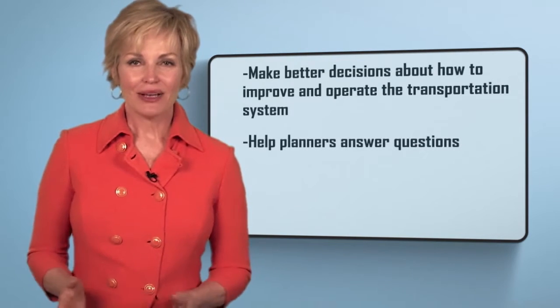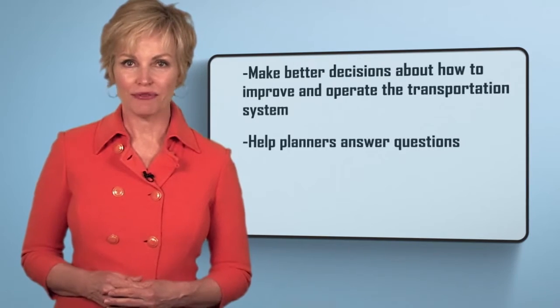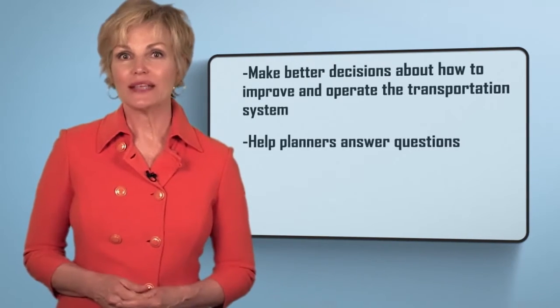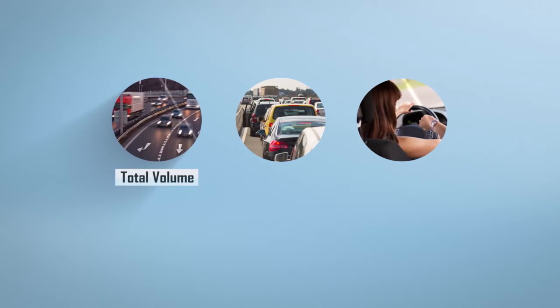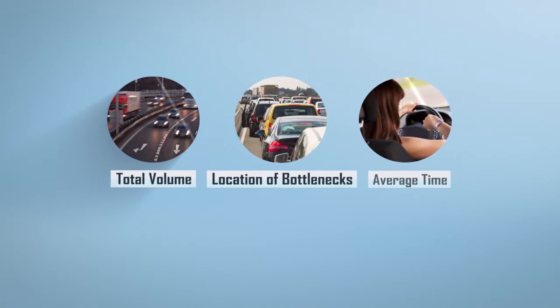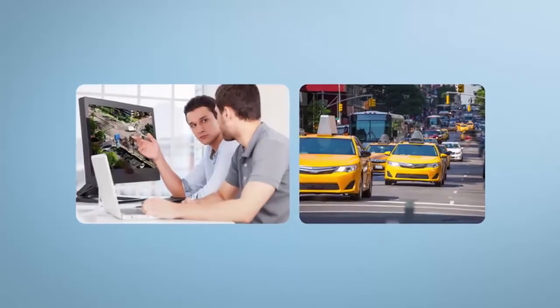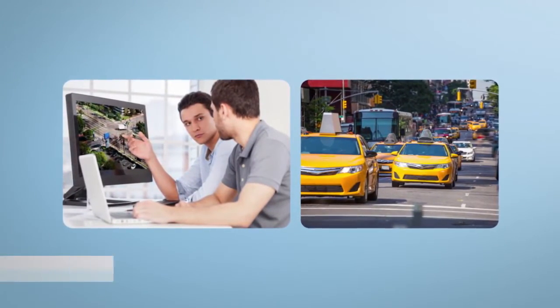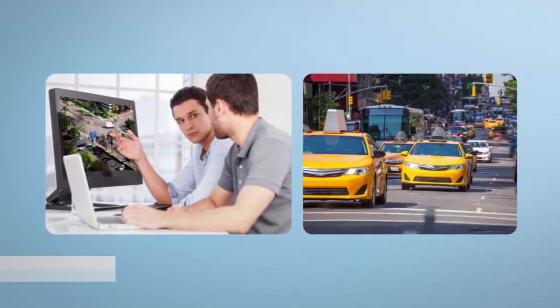system. Models help planners answer questions about how a transportation system may operate in the future as an area grows or as new investments are made in the system. These planning-related questions may include the total volume of trucks and passenger vehicles on the transportation system, the location of bottlenecks, and the average time travelers spend sitting in traffic. Ultimately, modeling and analysis can help planners describe transportation system performance and suggest the best alternatives for decision makers to